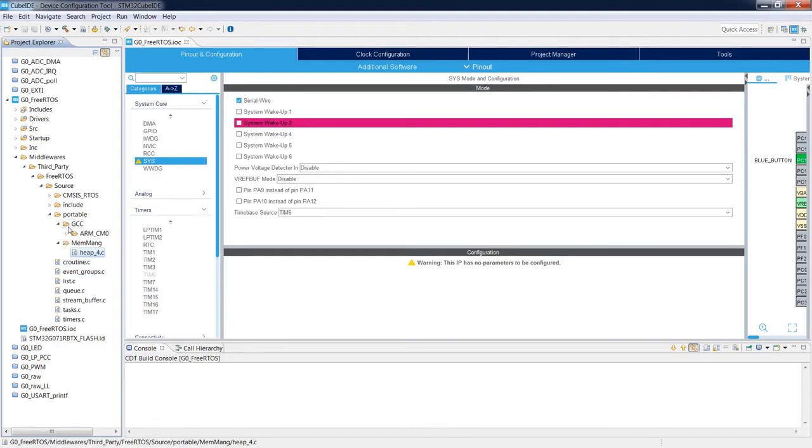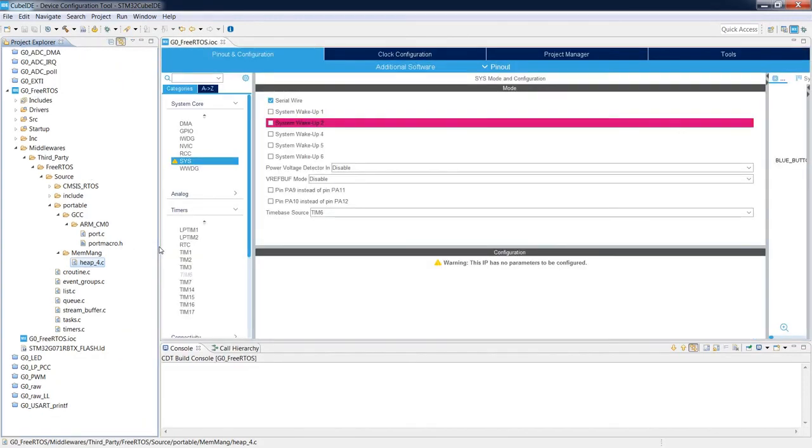And then within the GCC folder, we've got the subfolder arm cm0, so it's for our core, which is the heart of our STM32G0. Inside we can see two files, port.c and portmacro.h. Those two files contain the functions which connect the interrupts from the real hardware with the functions from the operating system. So this is the real interface between the embedded system which we are using and the operating system we have just added. We will not modify any of those files.